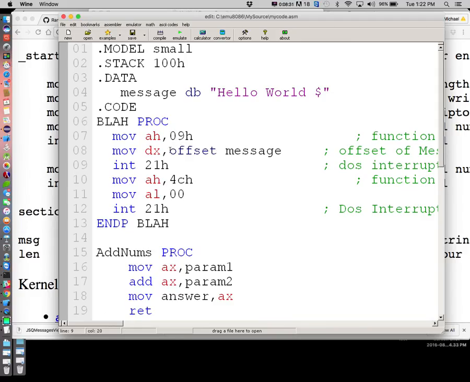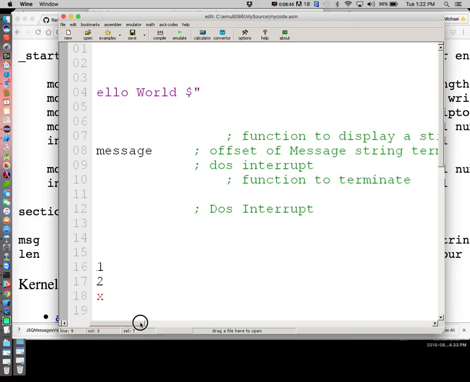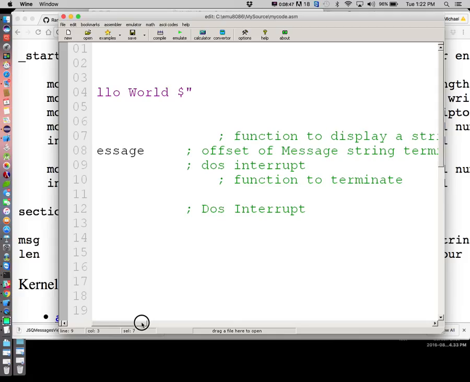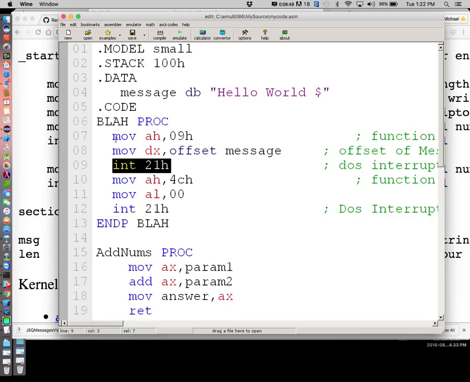So that's what this offset is doing. We're moving into DX effectively the length of our string. Then we're interrupting the CPU. This is DOS assembly, so this is our DOS interrupt. For DOS, when we write something to the screen, we have to give it our